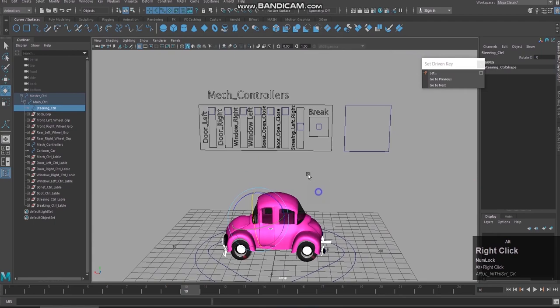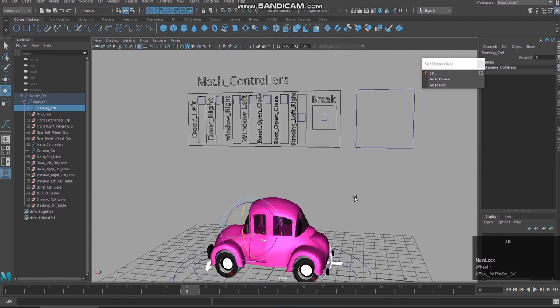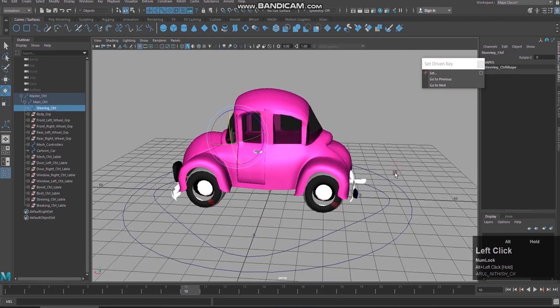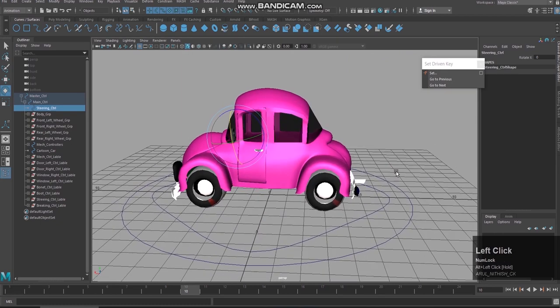Yes, everything works fine. Okay, now we are going to give some connectivity using the expression editor to give the transformation and the rotation of the wheels.